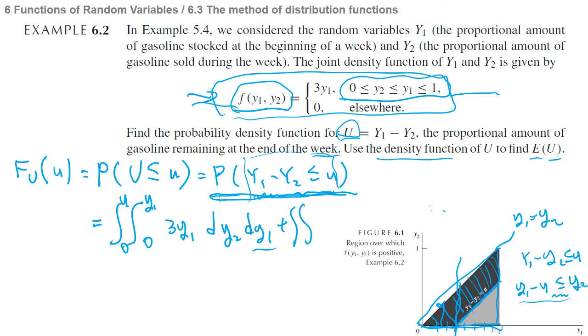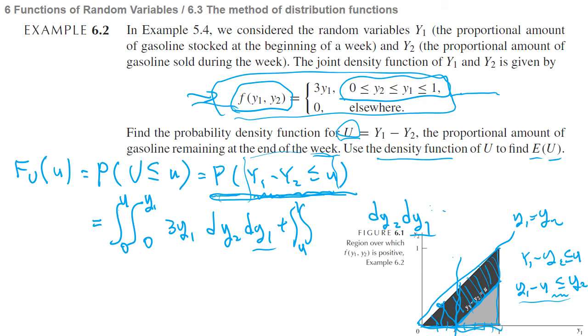So dy1 is from 0 to u, and again it is from u to 1, dy2 dy1. When y1 is u to 1, then what is